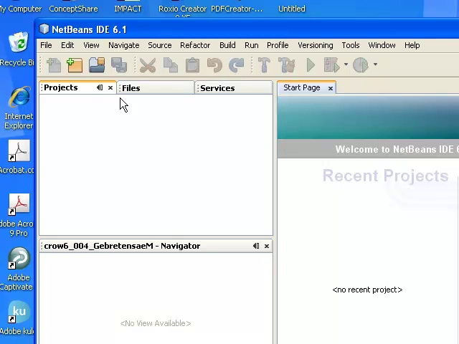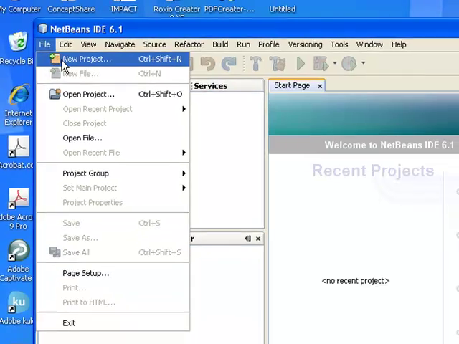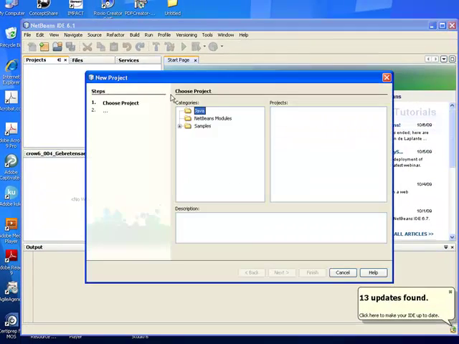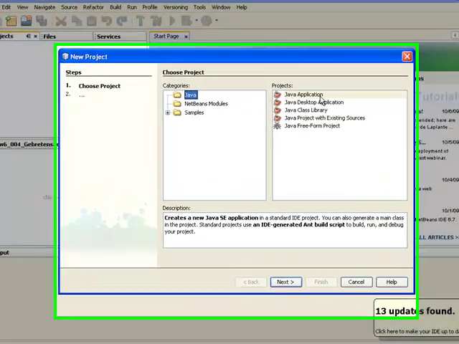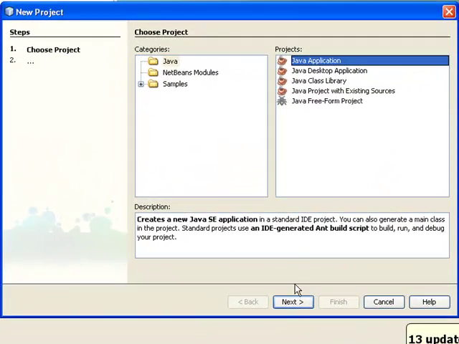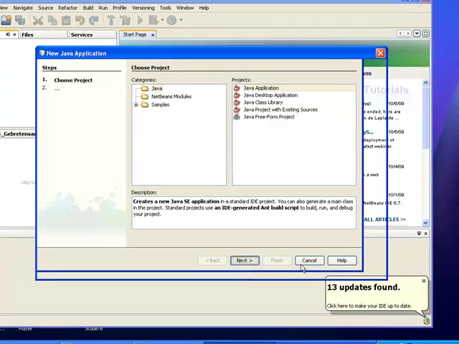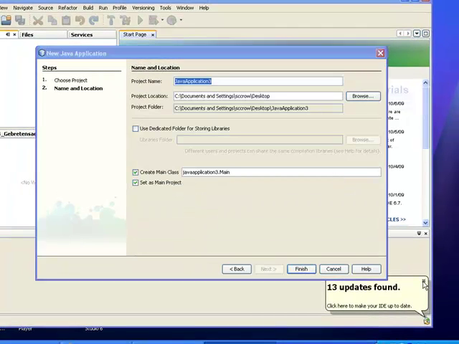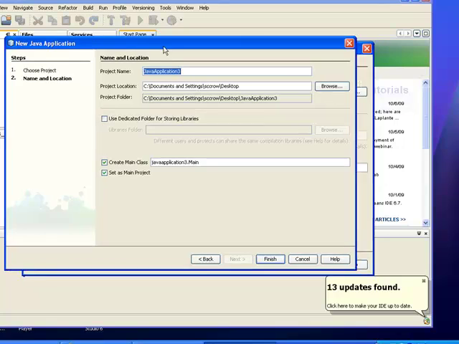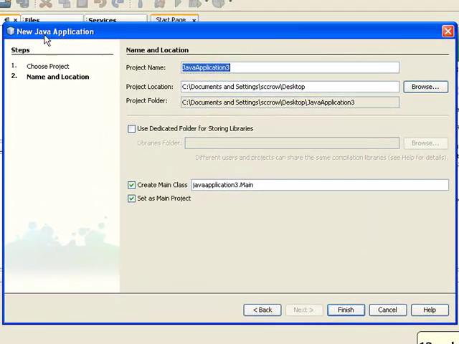So once you're in Netbeans, what you're going to do is go to File. You're going to go to New Project. This guy will come up. You're going to select Java Application. Go to Next. Okay, so this screen will come up. It'll say New Java Application, and for your project name, we're going to go ahead and just name that Crow